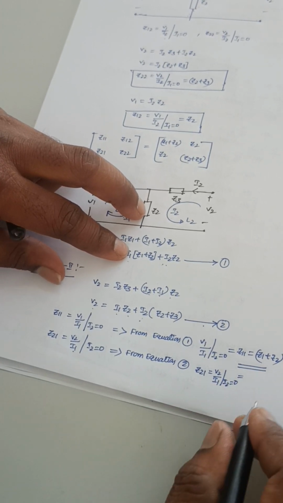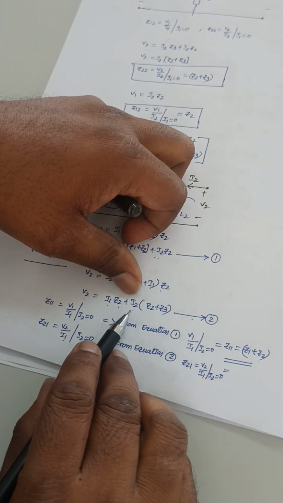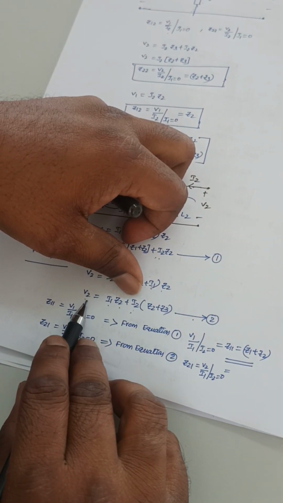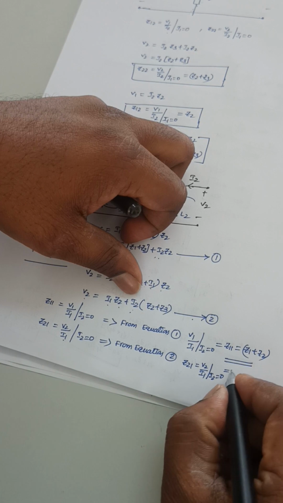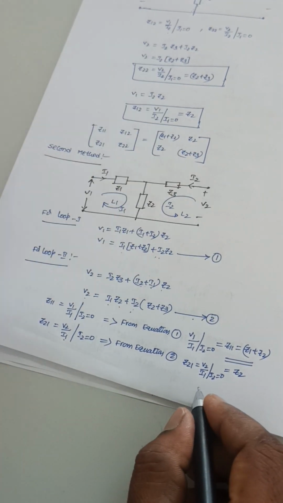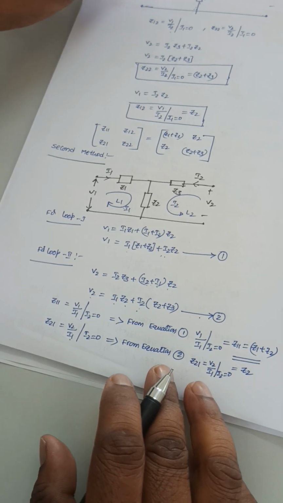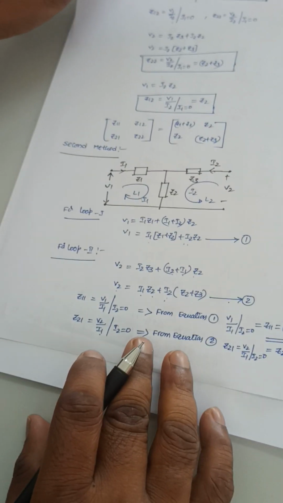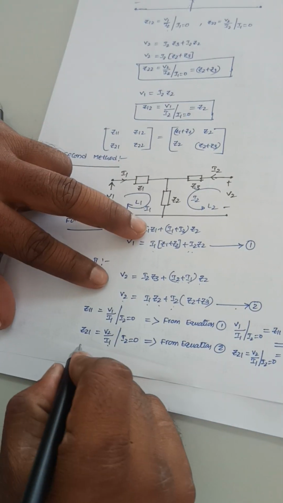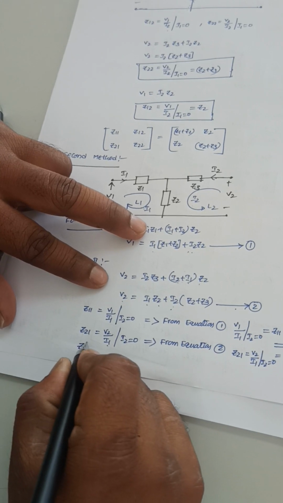Substituting I2 equal to 0 here, V2 by I1 is equal to Z2. So this is the value of Z21. Next, if I want to find Z12,